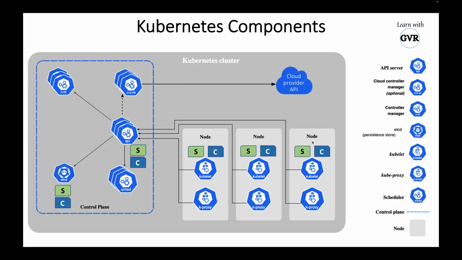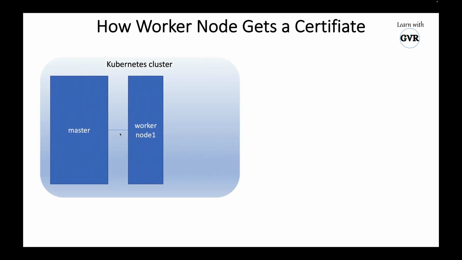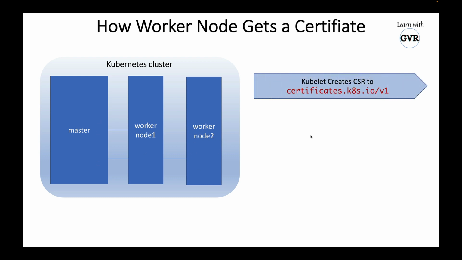Now here, worker nodes. How will the worker node get certificates? Let's say I have a Kubernetes cluster, one master and one worker node, right? I have added a new worker node due to my workload I wanted to handle. How will this worker node join, and this Kube API server recognize that this guy is also part of our group? So what the Kubelet will do is, Kubelet creates a CSR. Same as the first step we have listened to, same. Kubelet will create a certificate signing request